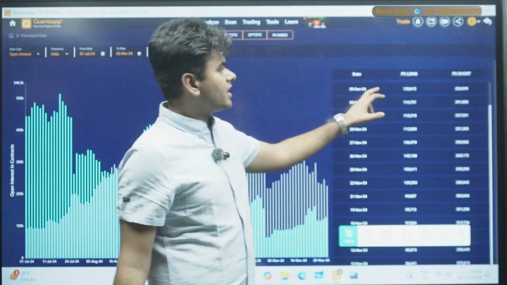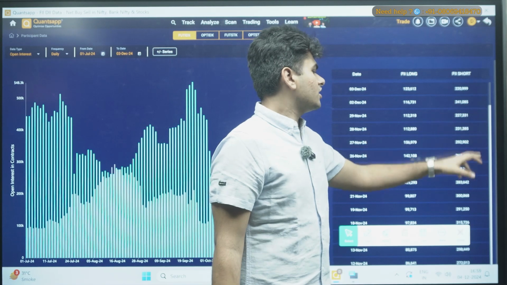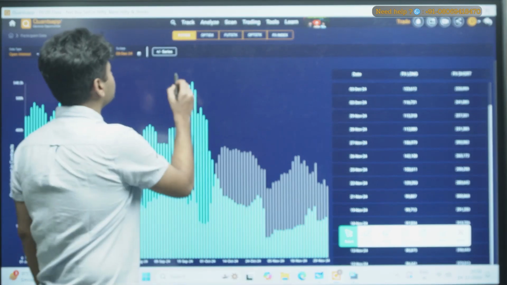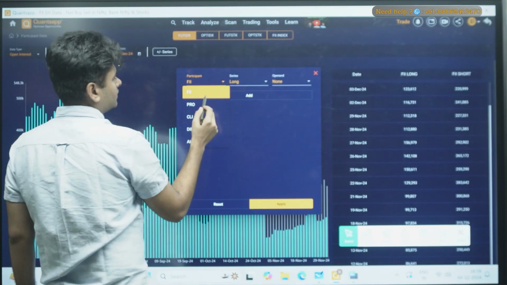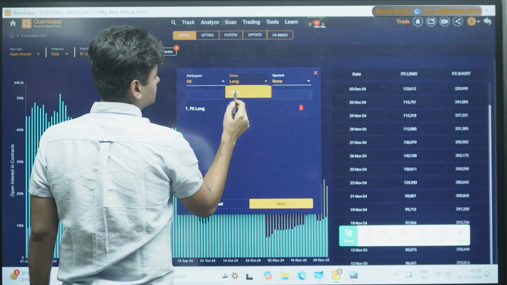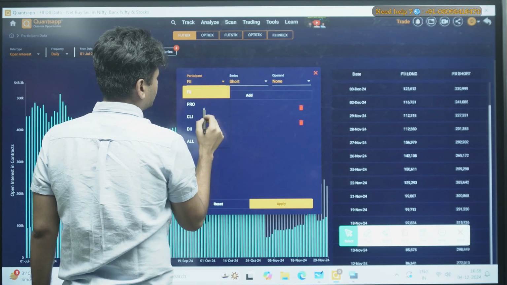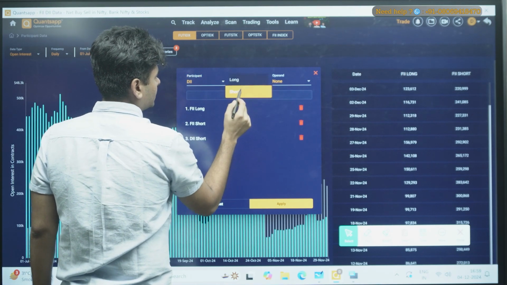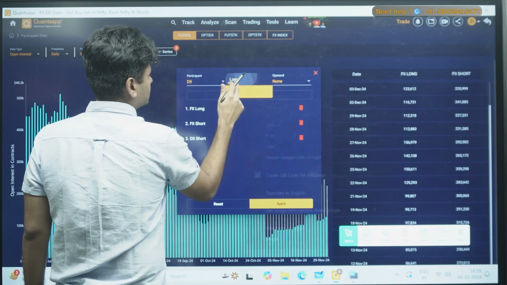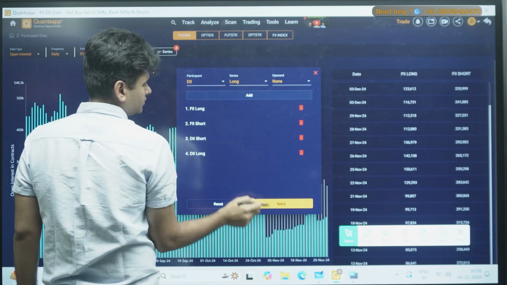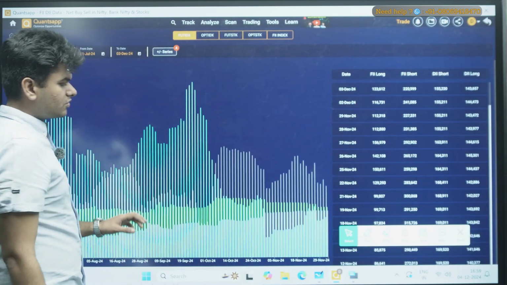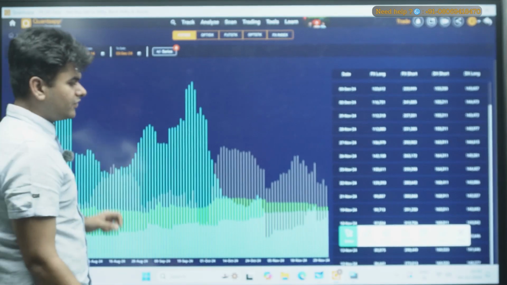We are seeing FII long and short, okay, and with that we can put FII long, FII short, DII short and DII long. Just a second. So you can see, if we take an overview,